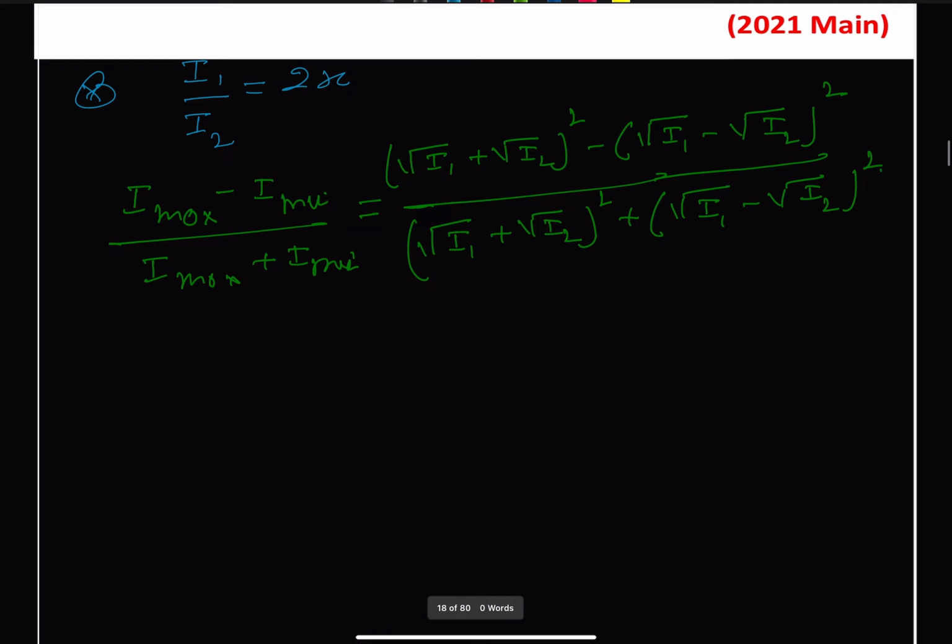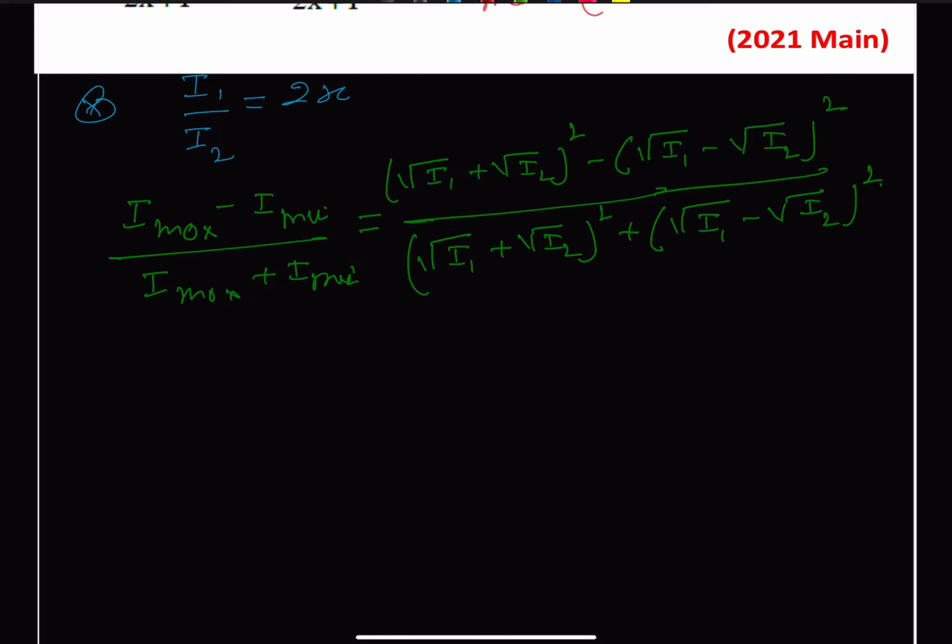And we can just open the brackets, and we get I1 plus I2 plus 2 square root of I1 I2, minus I1,